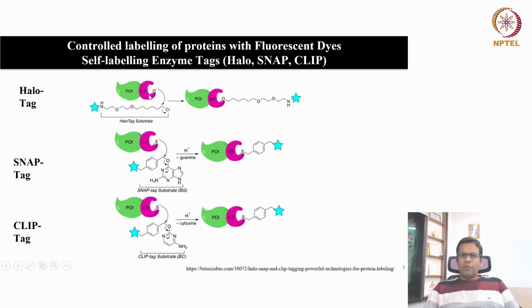And this halotag is non-fluorescent, but it can bind to the fluorescent ligand that is added externally. So this is known as the halotag ligand or the halotag substrate. So that ligand binds to this protein with a covalent bond. Okay, so it provides a 1:1 protein to dye ratio. Okay, so only one halotag protein can bind to only one dye molecule. Okay, and that is why it is used for single molecule imaging. You can label individual protein with one dye. Okay,